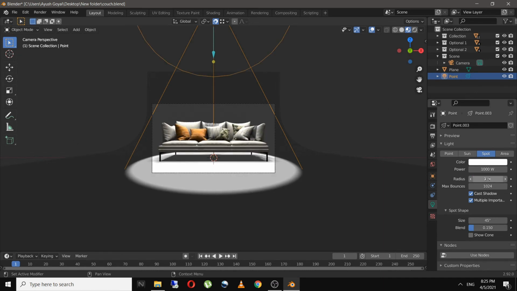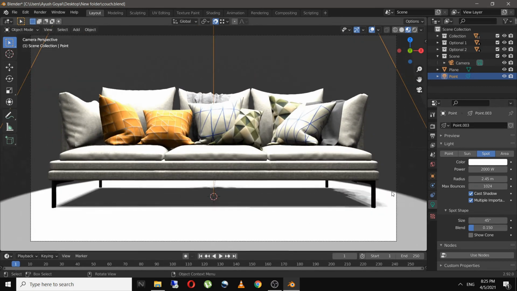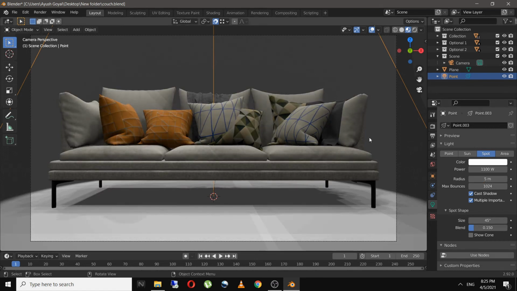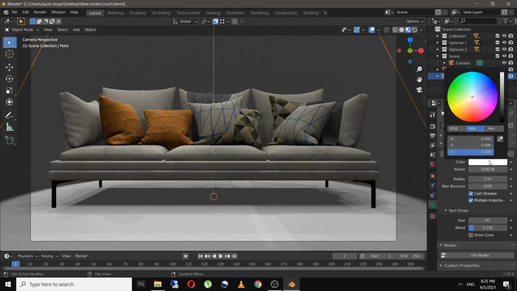So as you can see, the light became more sharper, and if I change the power to 2000, the light will become much more harsh. Let's set the radius to 5, and let's change the color to somewhere over yellow.